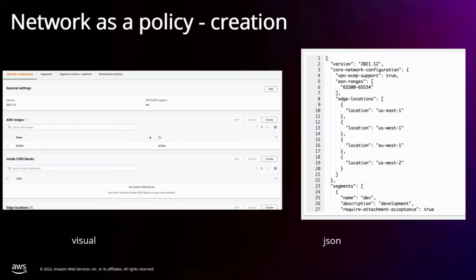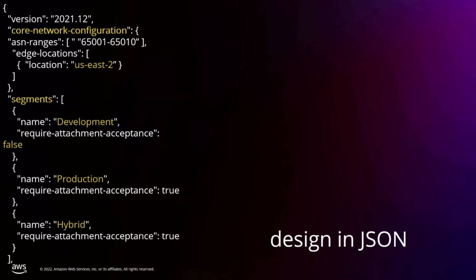So regardless of which path you choose, there's going to be a JSON document that's versioned and controlled. And it can be fairly simple. So you could start off in the console, building out, and then use that to get comfortable with the JSON format, and then download that document. There's a path there for everyone. Digging in a little deeper to what this JSON document looks like, fairly simple.